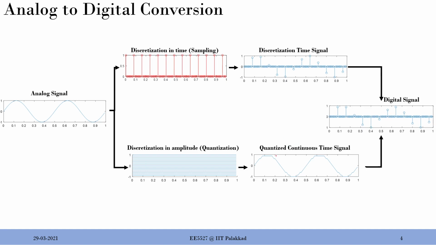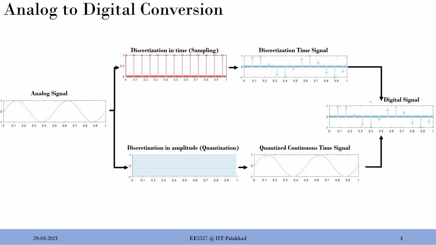So that's the whole concept. Okay, so I hope it's pretty clear. You discretize in time, you discretize in amplitude, and you get a digital signal out. Next time you hear about a digital signal, I'm repeating this for the computer science audience here, you always think that there is an analog counterpart from which I discretized the signal in time and amplitude and got this signal.